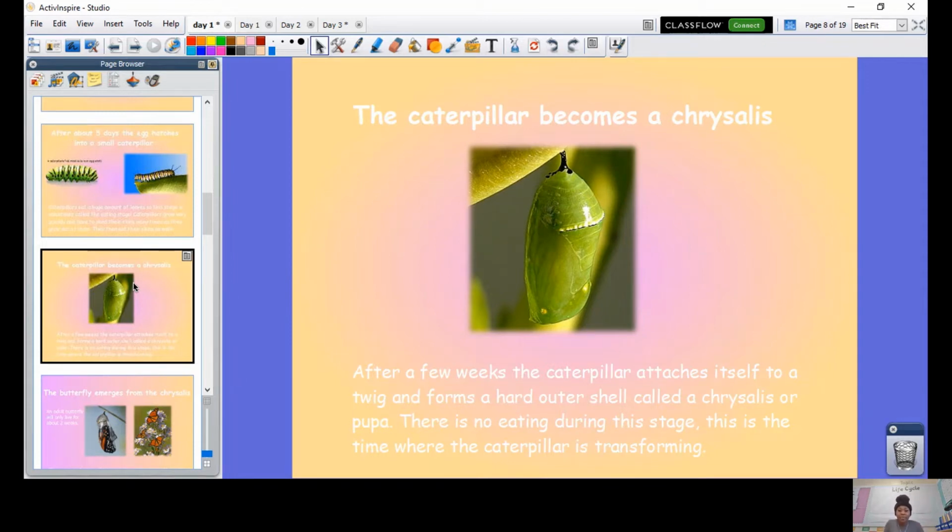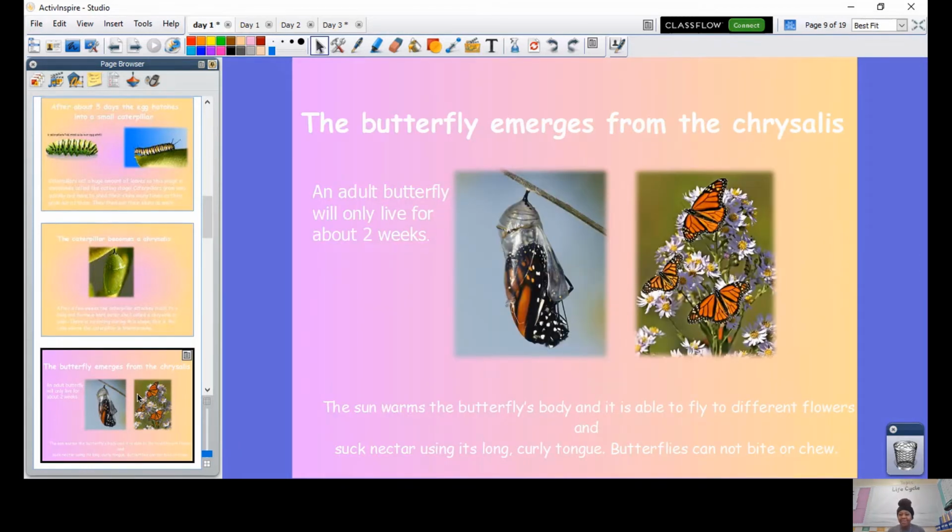Then the caterpillar wraps itself in a chrysalis, and then out from the chrysalis emerges a beautiful butterfly. Wow. So we have egg, say it with me, egg, caterpillar, chrysalis, and then butterfly. So the sun warms the butterfly's body and it's able to fly to different flowers, and